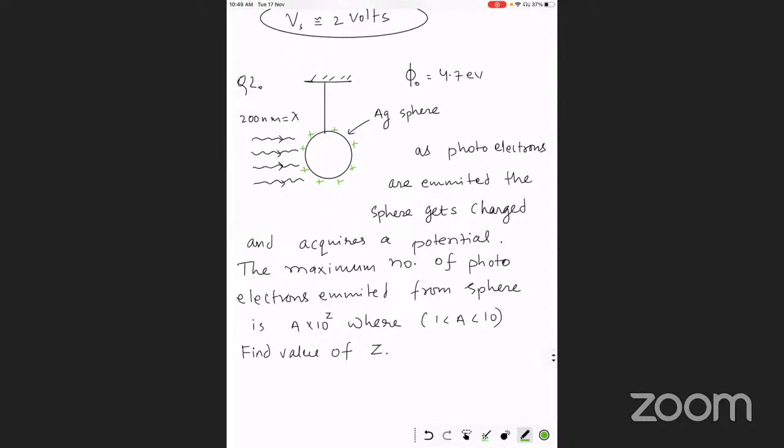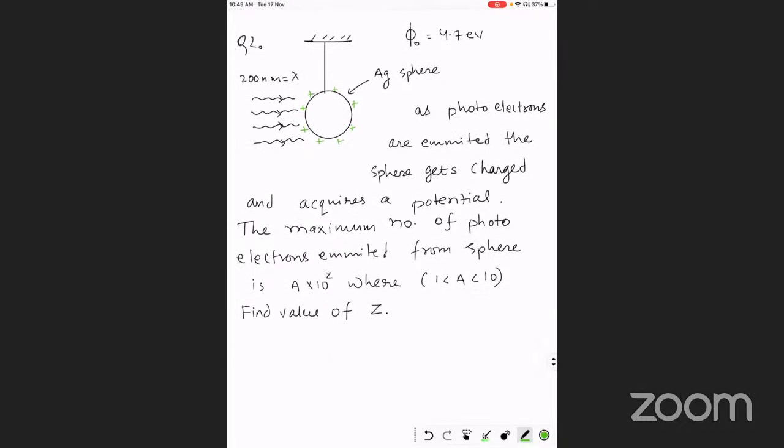So what will happen when the sphere has 1.5 volt potential? The fastest moving electron cannot come out from the sphere, right? As you are taking electrons, the sphere is getting positive charge. Initially, the fastest moving electron has kinetic energy of 1.5 electron volt. From this formula,